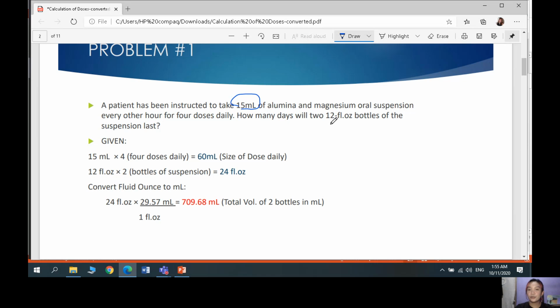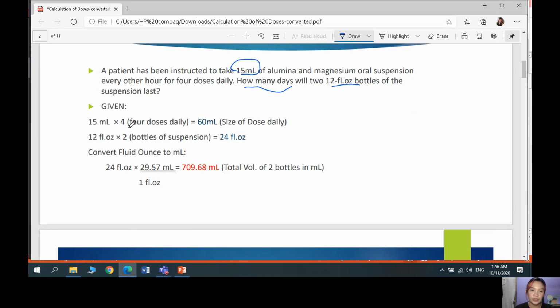How many days will two 12 fluid ounce bottles of the suspension last? So in here we are going to identify how many days will two 12 fluid ounce bottles of the suspension last. The given, we have the dose, which is 15 ml, and